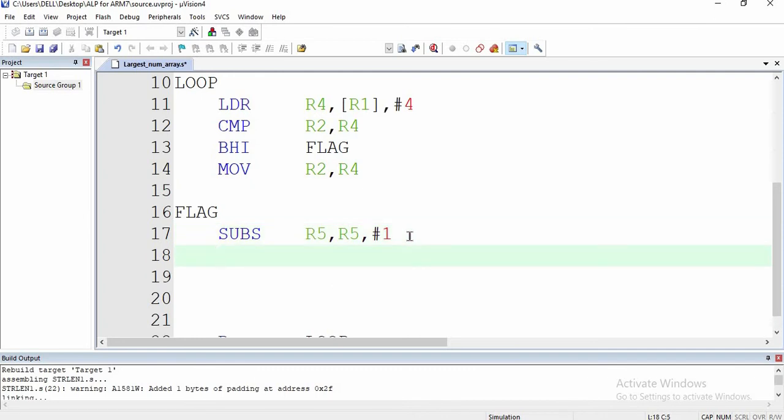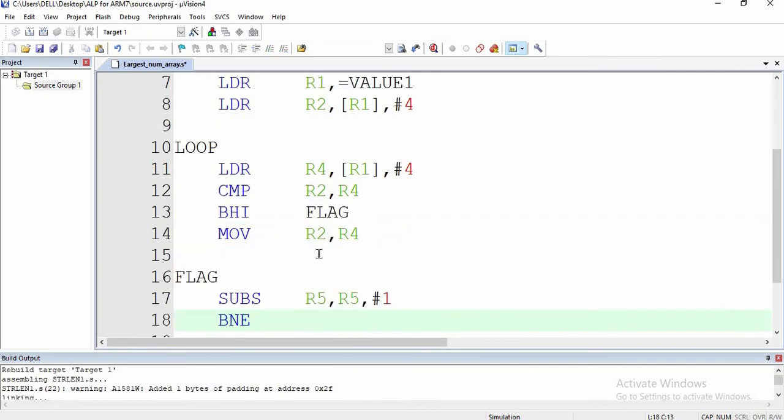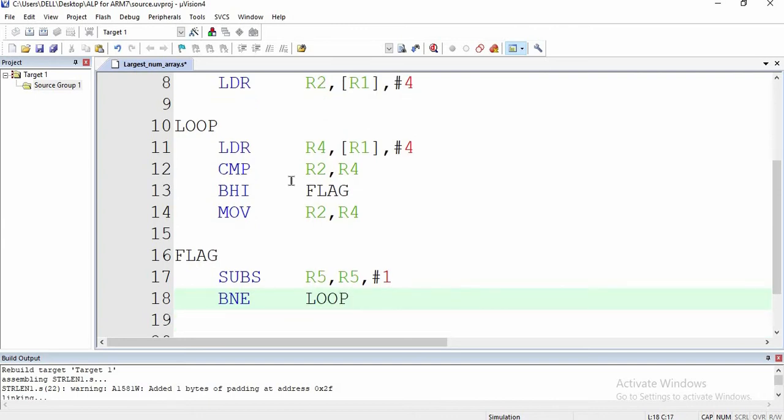So I can use that over here: branch if not equal to 0, meaning if R5 is not equal to 0, we branch, to loop. So it comes back here, loads the third element and compares it with the temporary register R2, which has the first element.